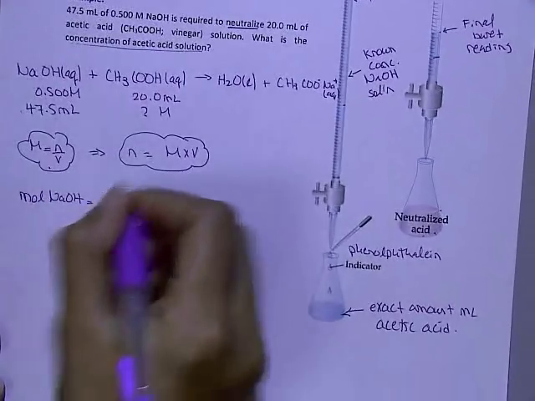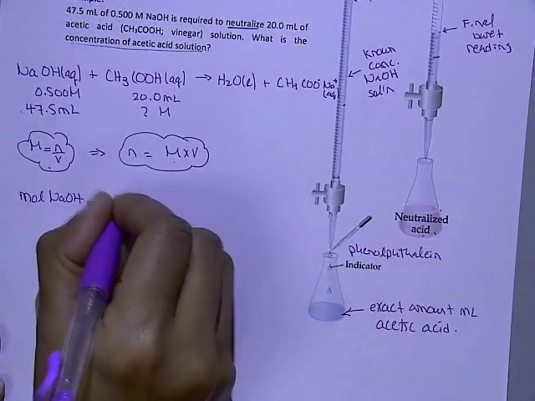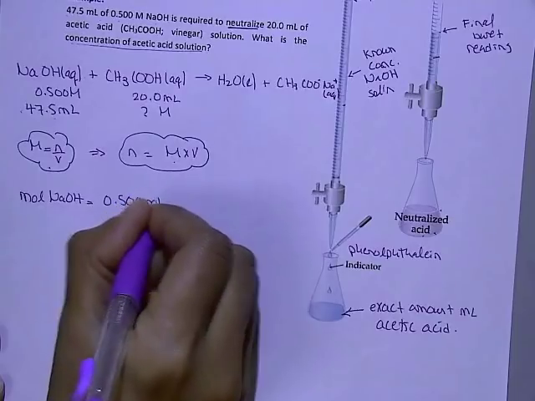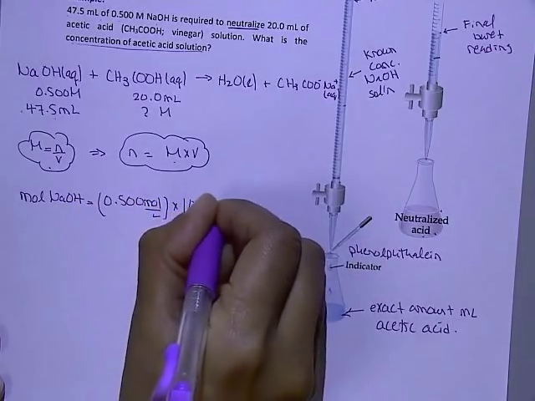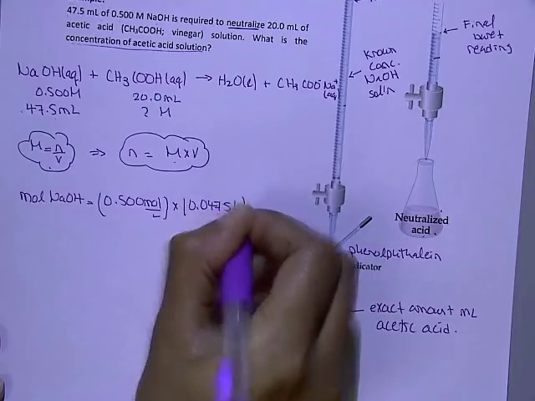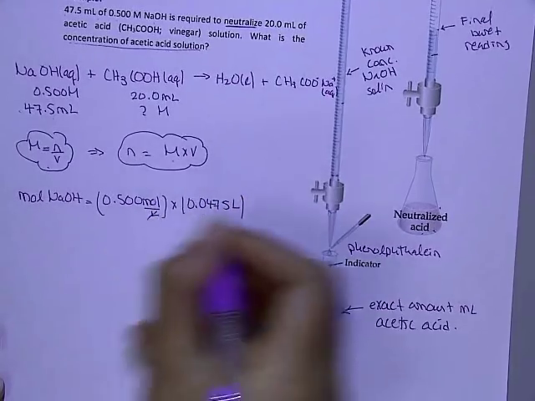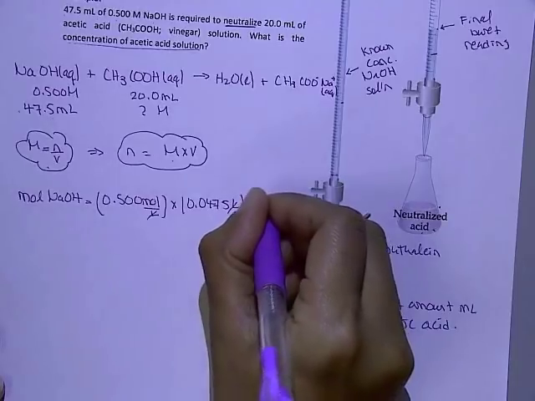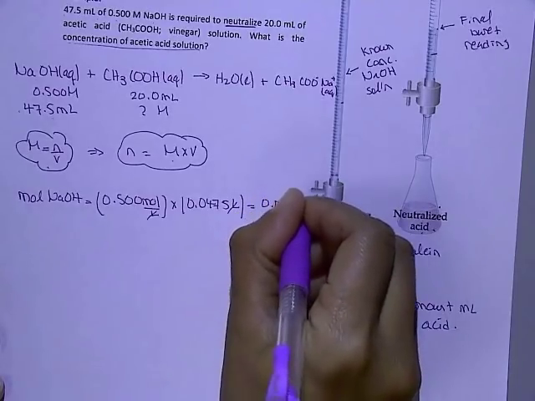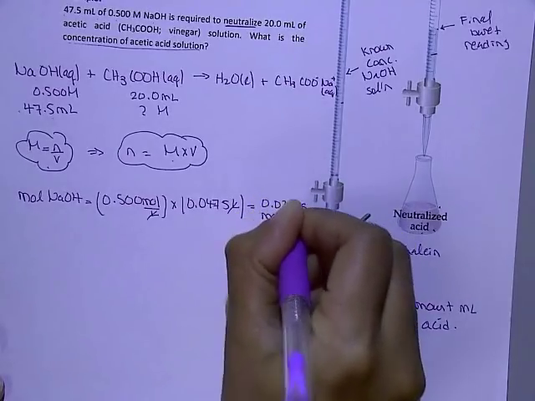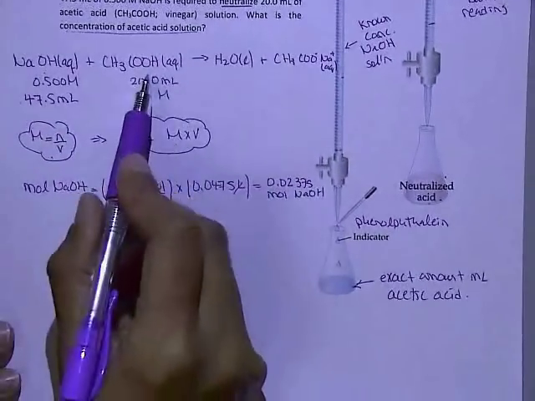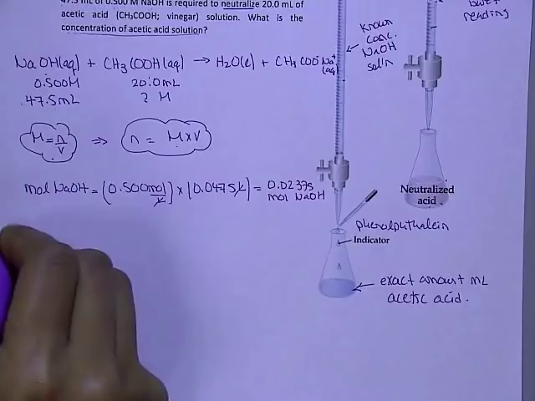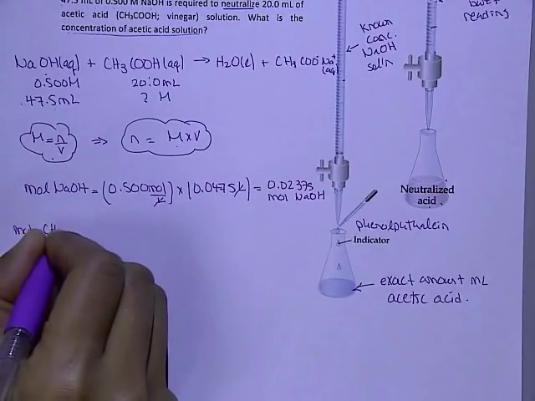Moles of sodium hydroxide is equal to the molarity of sodium hydroxide times its volume. Now remember, molarity is moles over liters, so you have to make sure your units are proper. So we go ahead and do this math out. So now we found moles of sodium hydroxide. Now we want to find moles of acetic acid. So we use stoichiometry,